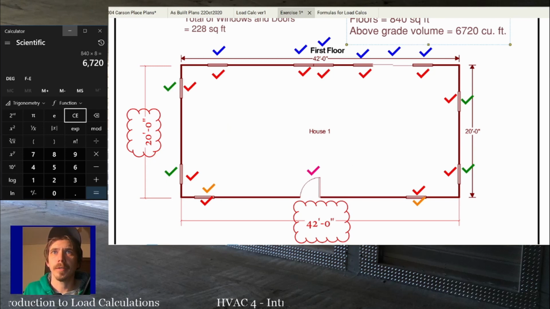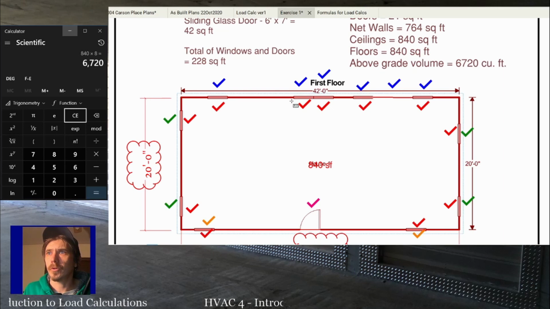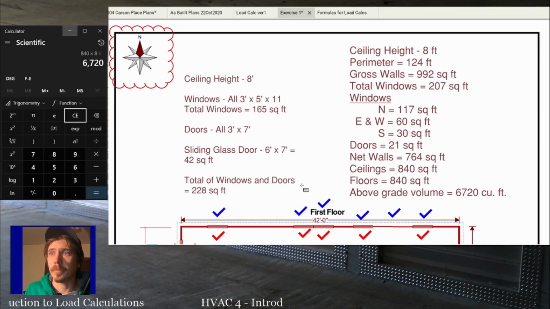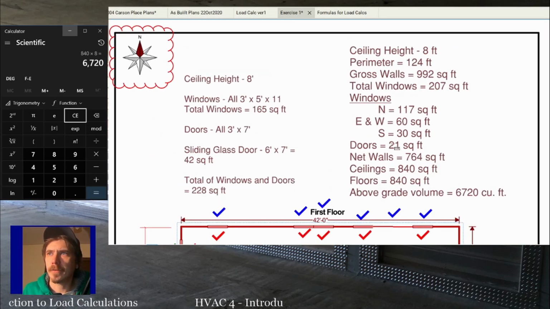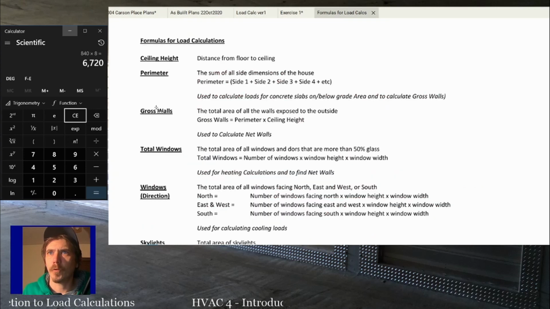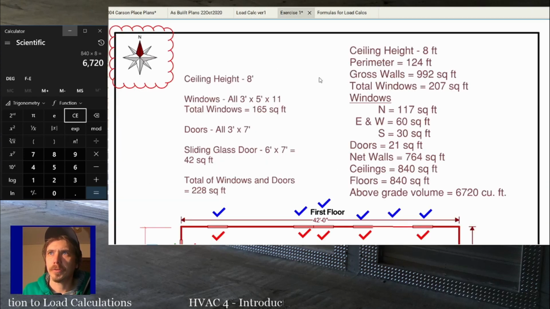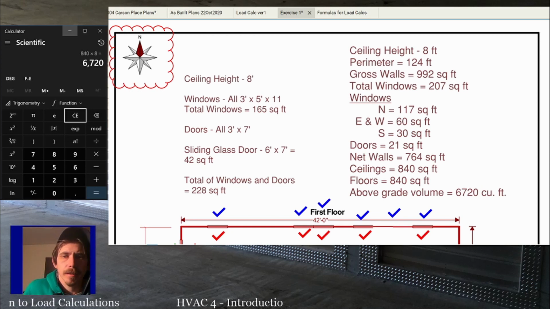Oh, I was gonna double check myself. The other way you can double check yourself if you got a way to do grade is you can actually see the house is 840 square feet and so on and so forth. We could double check ourselves using a program. But anyway, I asked like 6 or 7 questions based on this same stuff, the same formulas. So if you've got these down, we're ready to make the house a little bit more complicated next class. If you have trouble doing this, then we'll do a basic house one more time next class, and then we'll do a slightly more complicated house. And